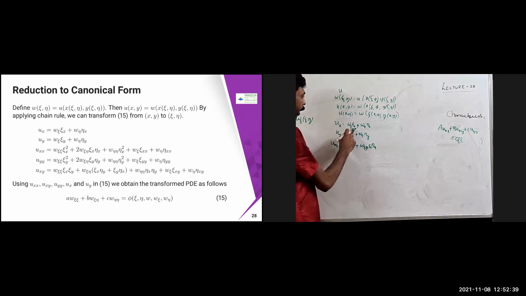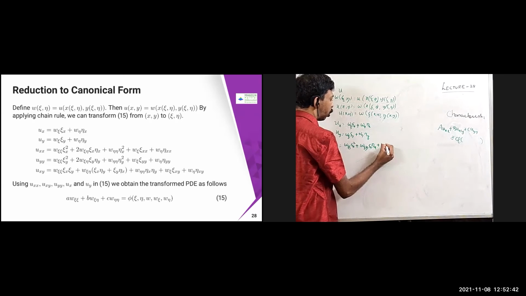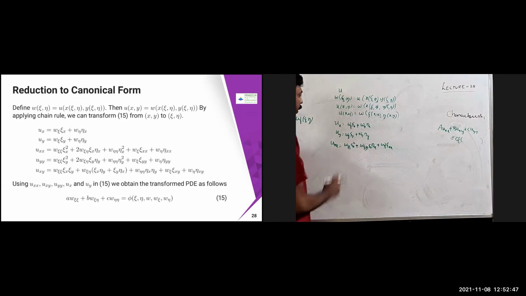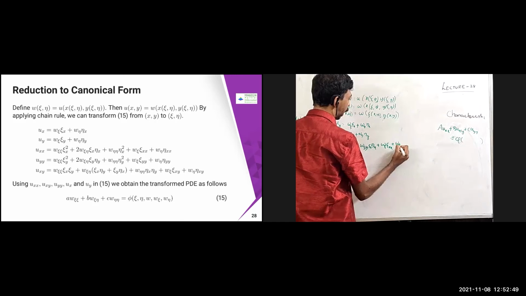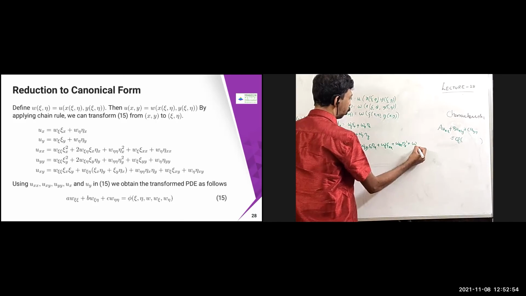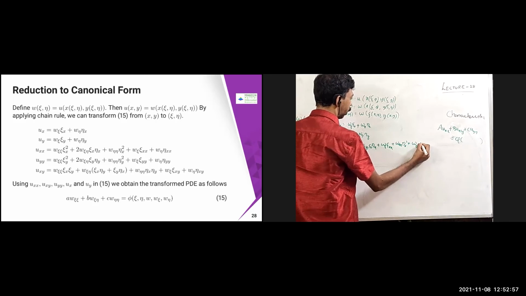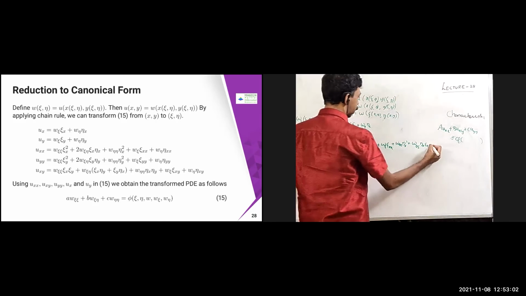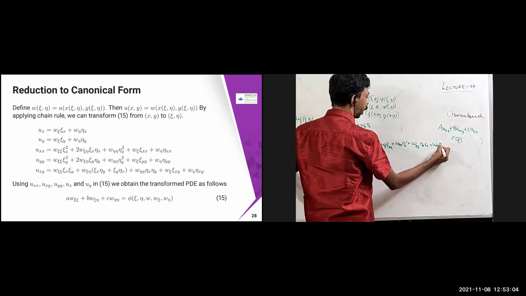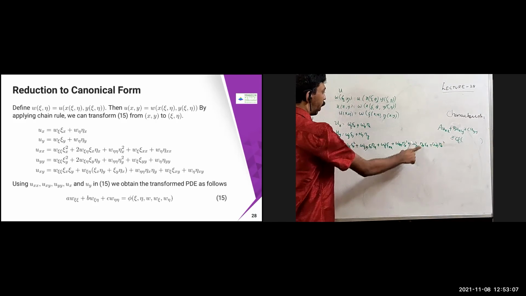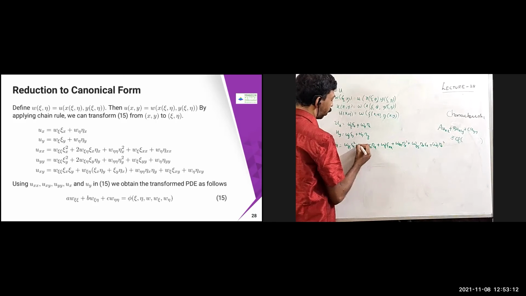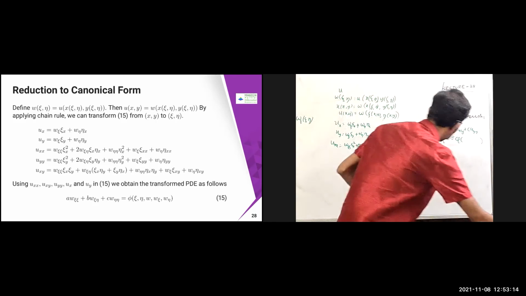Then I have to do this for the other term. It is going to become w_chi into chi_xx. Same thing here, w_eta chi chi_x squared, then w_eta chi chi_x eta_x, plus w_eta eta into eta_x squared, plus w_eta into eta_xx. These two mixed terms are equal since w is continuously differentiable, so w_chi eta and w_eta chi I'm going to assume are the same. Therefore, this is going to become 2 times, and I'm going to erase this one.